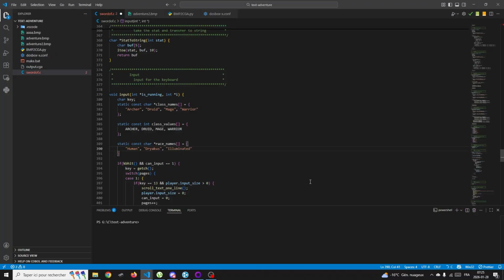Illuminated. I don't know, right? Magic. It's important it's the same order, otherwise it won't work. Golimus. Alright. So last one, the value const and race value. And it's the